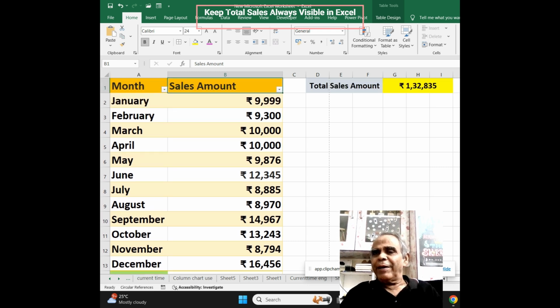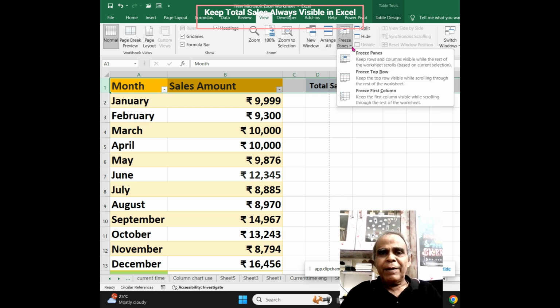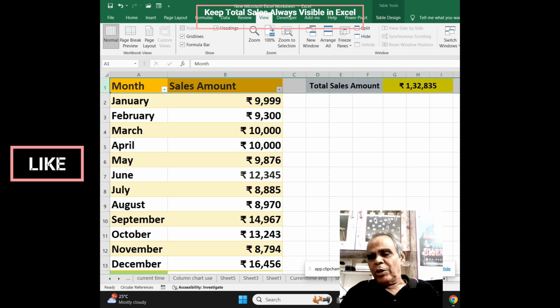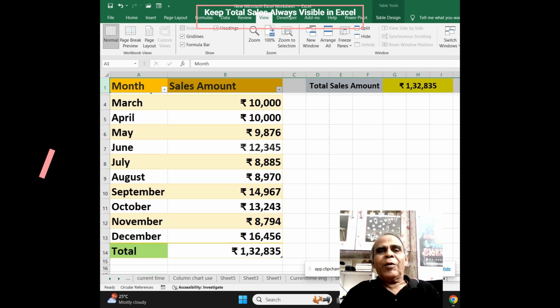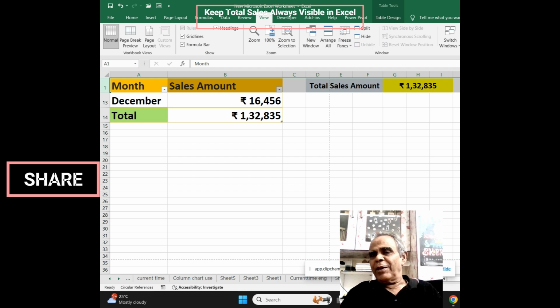How to do it? Select the first row, go to the View tab. Here, select the Freeze Panes button. Select Freeze Top Row. Now you see, when you scroll down, your first row is not scrolling, and the total amount is